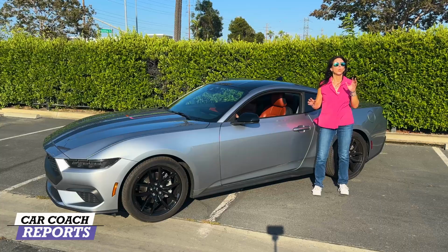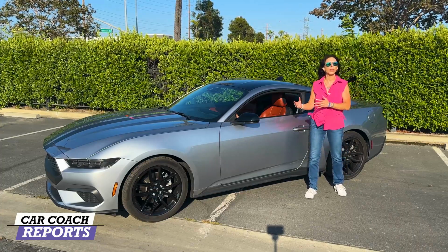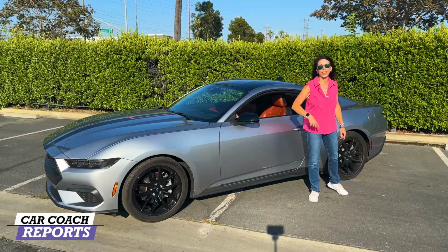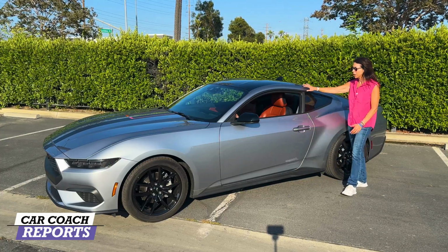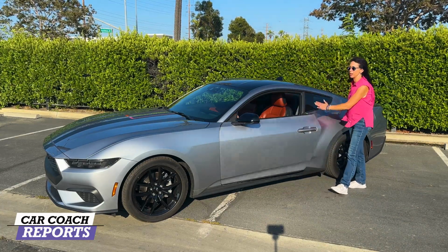Pretty impressed. One of the details that Ford thought about is who's using this vehicle. They're using it on the track. They want to get in and out of it with a helmet. Well, they made this roof line even higher. You can hear that 2.3-liter EcoBoost engine revving in the background. Somebody else is test driving the vehicle as well. But they made it so when you open the door, you can get in. This is nice because this is a frameless window, which means it's easy to get in and out of the